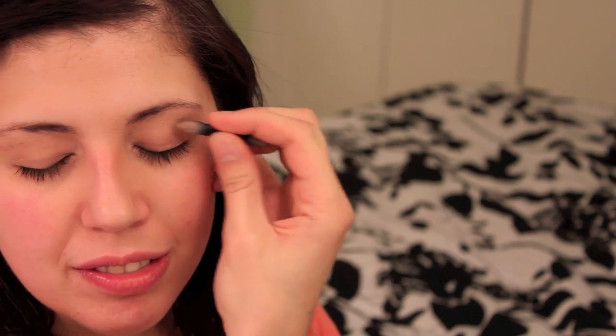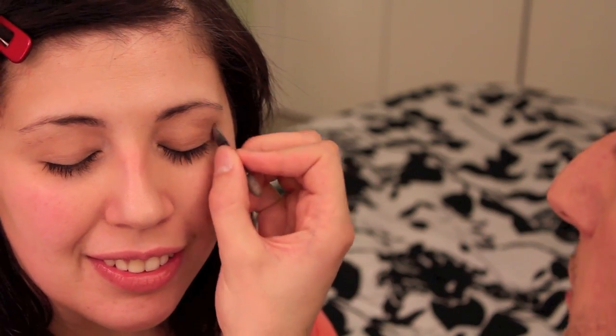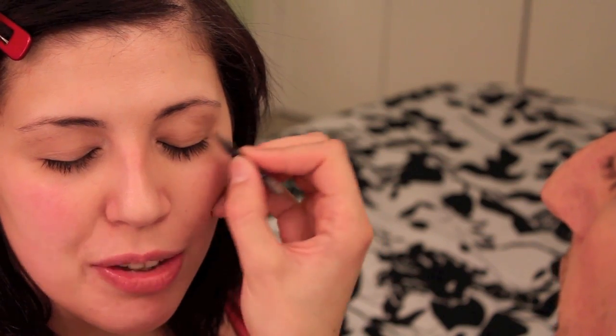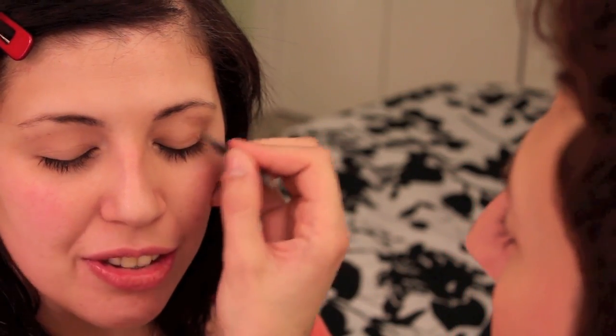The darkest color I'm going to use for here. What's that called again? No, but really, I'm going to use this for a crease. And in a V shape, I'm going to bring it down to her lid. Not to be confused with the G shape. Can I use a G shape on your face somewhere? Yeah, you can draw a G somewhere. I don't care. And I'm going to use a blending brush, or a clean finger, and you want to blend it down into the lid. I'm just going to highlight her brow bone again,